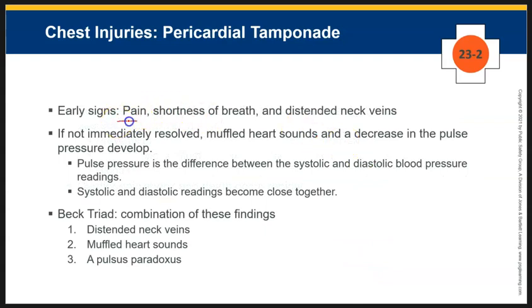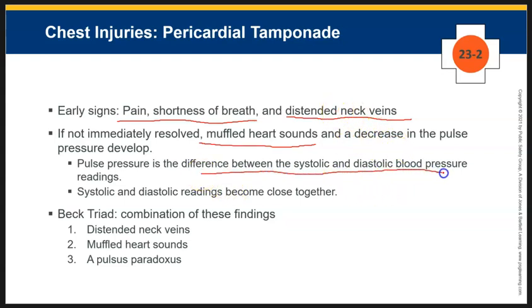The early signs: pain and shortness of breath, that jugular vein distension, and if you're able to with the stethoscope to listen, you'll hear muffled heart sounds. A couple of other things will show up too if you have a BP cuff. You'll get a decrease in the pulse pressure, which is the difference between systolic and diastolic blood pressure, and also